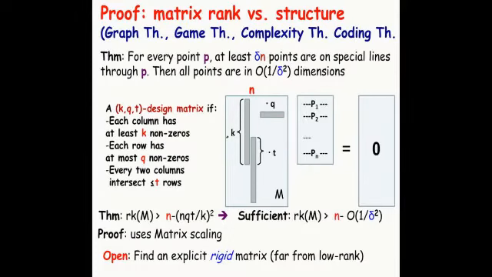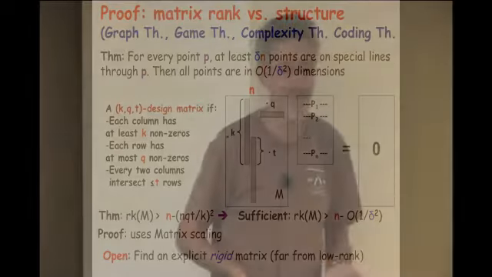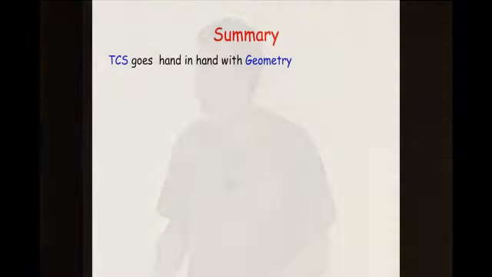And here is the open question which we set out to prove, and many people set out to prove since Valiant wrote this beautiful paper in the late 70s. What we really want is matrices which are rigid. Rigid matrices are just matrices which not only have high rank, let's say linear rank, but they have high rank even if you perturb little o of n of the entries. A random matrix is like that over any field, but we don't know how to find explicit ones. So summarizing,